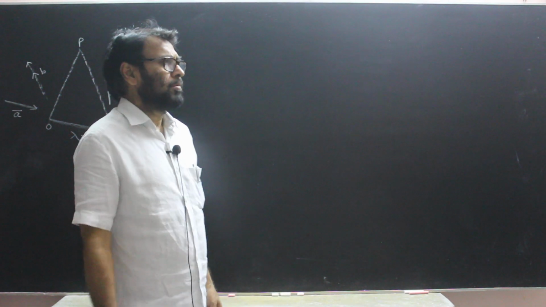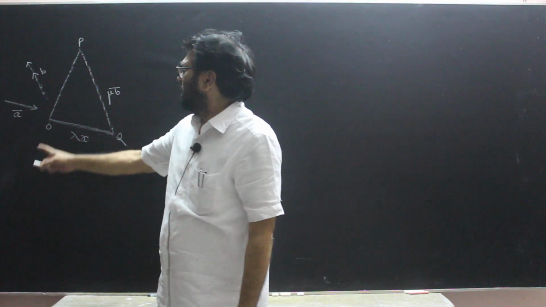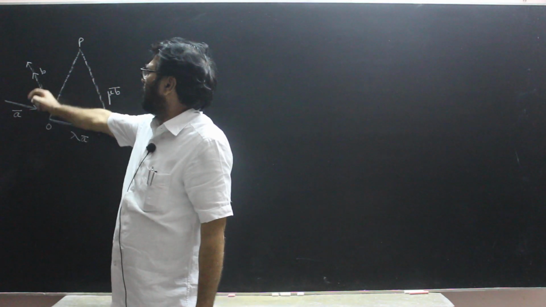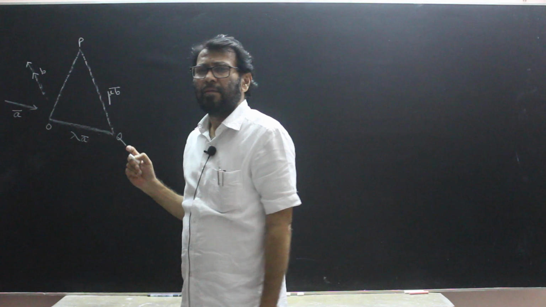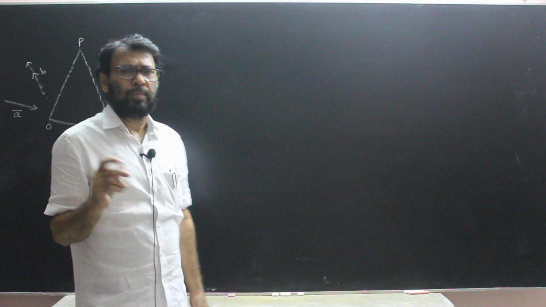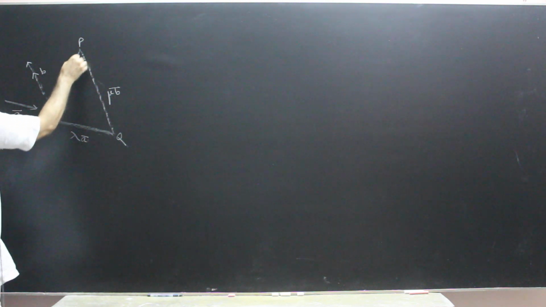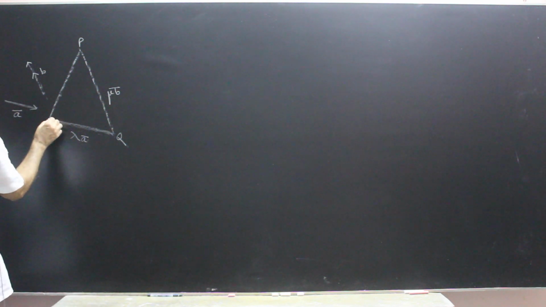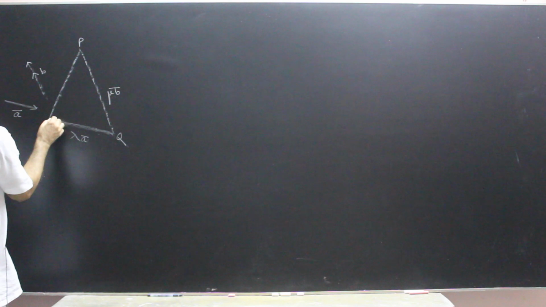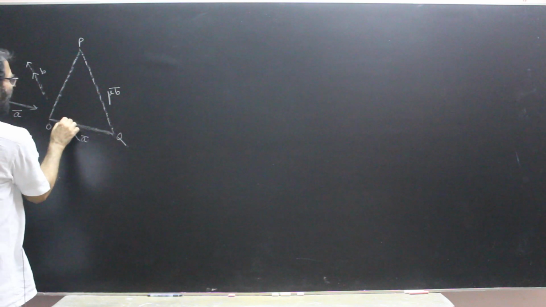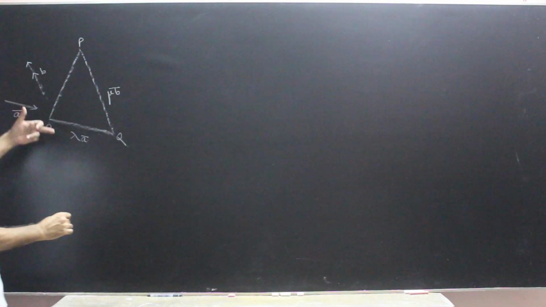Today we will resolve some vector in different directions. For example, this is a vector A and this is vector B, and we want to resolve this vector OP in the direction of A and B. For this, we will draw a straight line starting from O and of course parallel to A,